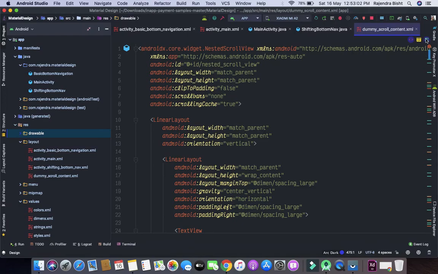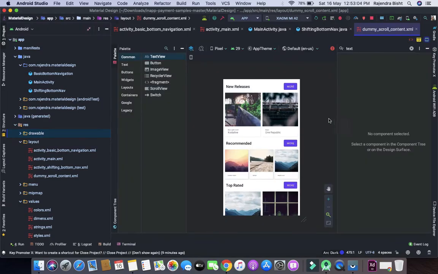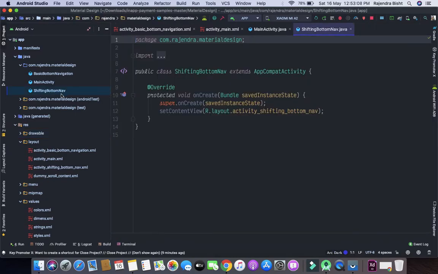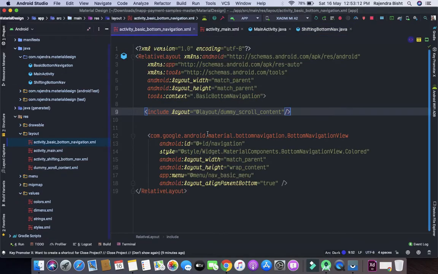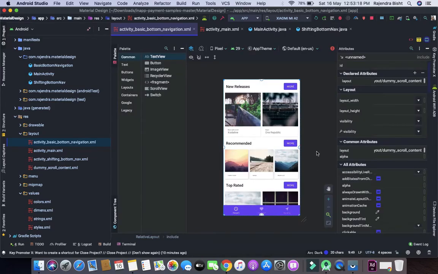It is only for the purpose that we can scroll our view. So let's add it to our old basic navigation. So here I have included the file. Now you can see that we have a beautiful view, so we are able to scroll it. So let's run and I can show you.